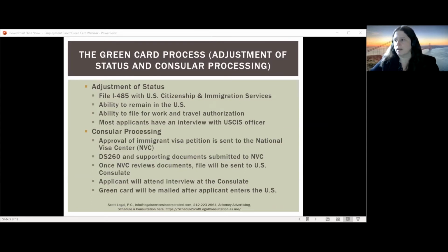16 or older. So once all those documents are sent to the National Visa Center, they'll review them and they will reach out once they consider your case to be complete. They'll then let you know that your case has been sent to a U.S. consulate abroad and you'll be scheduled for an interview. Generally where you live abroad is where they'll schedule you for that interview. So you'll attend the interview at the consulate,